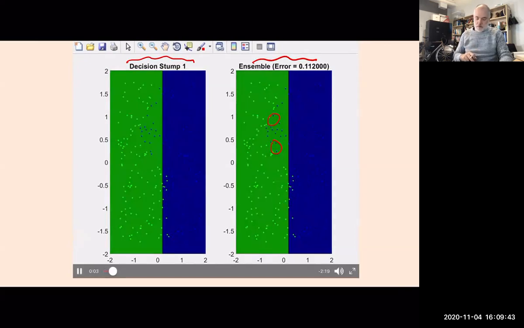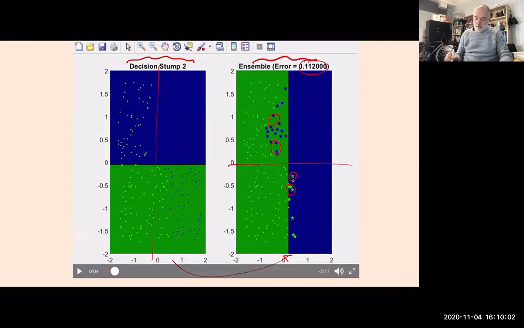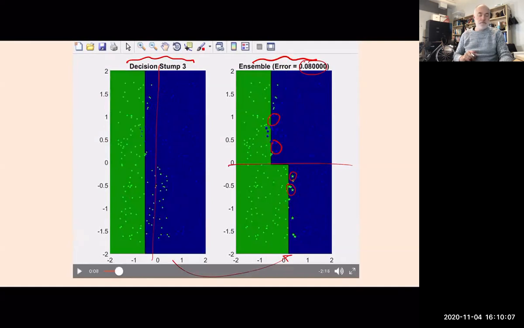So we had an ensemble of 1, which was the original decision surfaces shown here. The ensemble has a particular error, and data points that it got wrong got upweighted. Then another decision stump was inserted, which basically goes there. And the weighted classifier that comes out of AdaBoost learns a decision surface like this, where now you're getting these wrong and these wrong, and these wrong. So these are going to get upweighted at some point, and these wrong, so on and so forth.